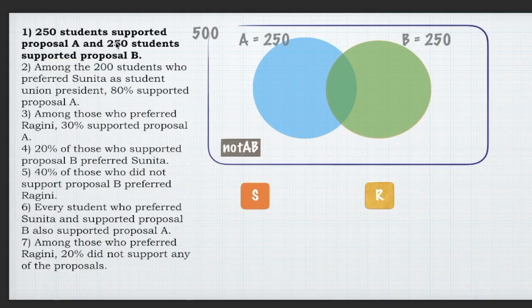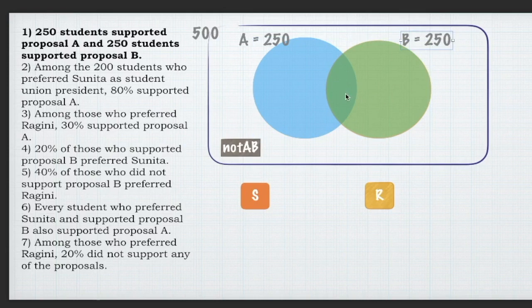Now moving into the rule territory, step by step, just capturing the information and not getting lost in equations or trying to work it out too quickly before I run through all the information. So the very first rule said 250 students supported proposal A and 250 supported proposal B. Great. 250 for A, 250 for B. Spend a second thinking that this 250 is made up of only A as well as A and B. Similarly, this 250 is made up of only B, this region, as well as A and B, the common region, right?